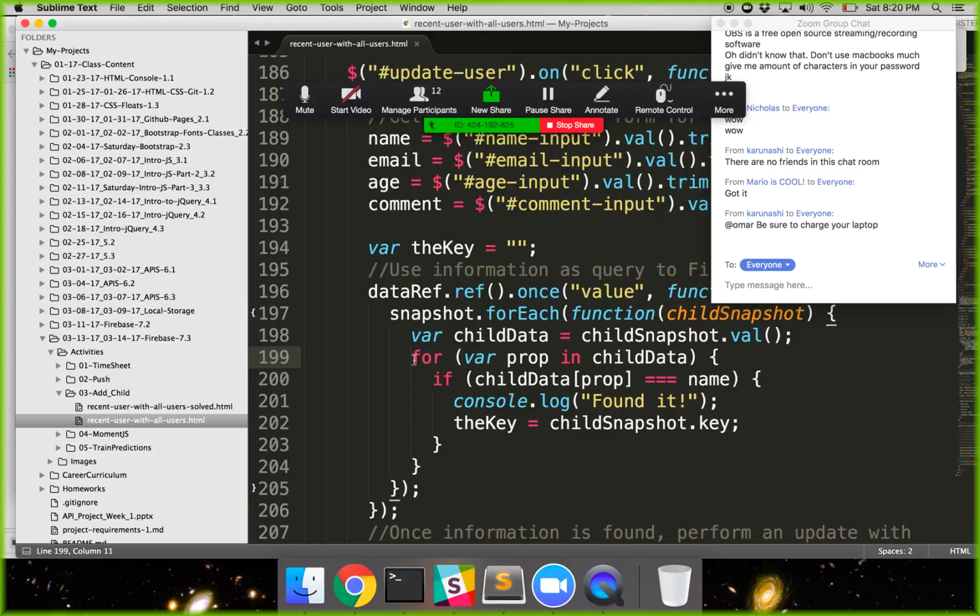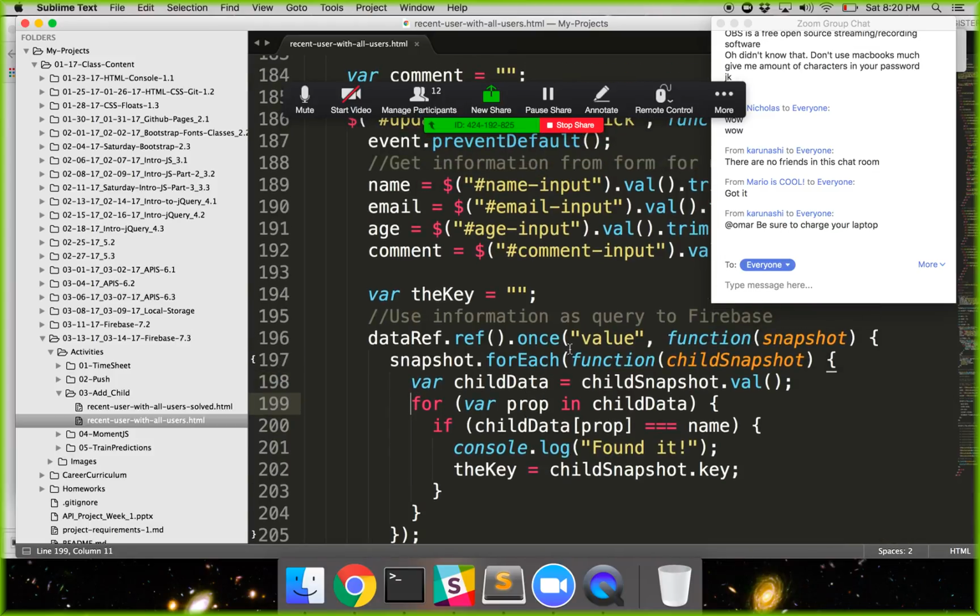So for the function on line 196, where it says function snapshot, what's the difference between a callback function and a promise? It seems like the same thing. It's pretty much the same thing. A promise is just a callback. And promises are chainable. Callbacks are chainable too. You just run into this weird nested